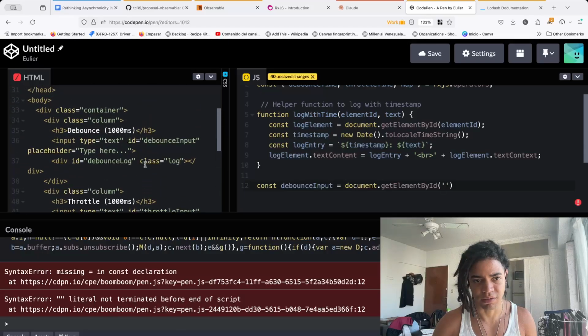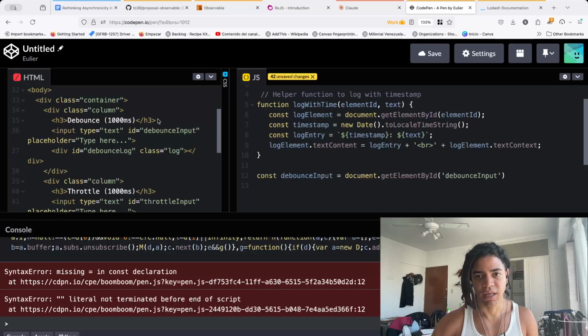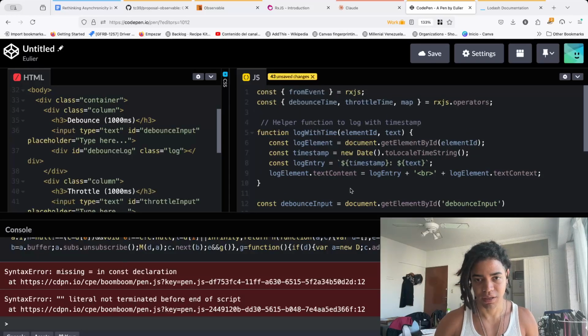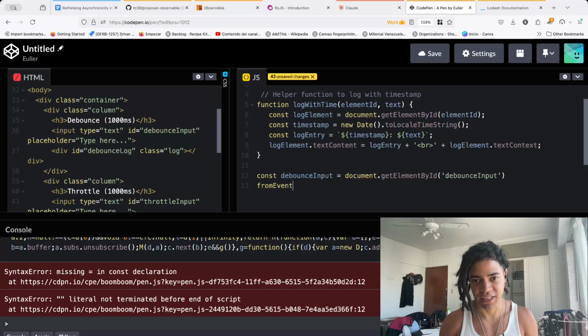Is this the debounce log? No, the debounce input. All right. And now I want to actually subscribe to that, where you say, hey, from event, I'm